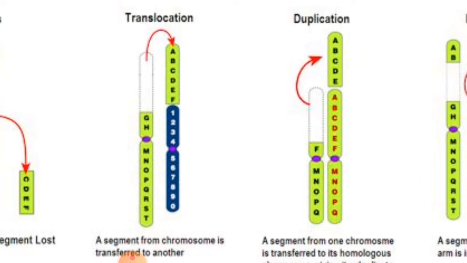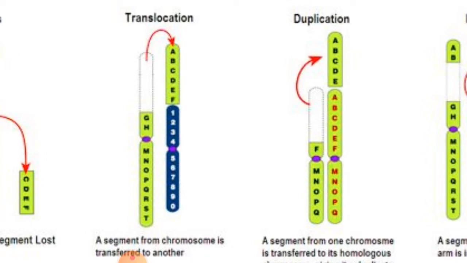Right? So both the affected chromosomes get modified here, right? The donor suffers deletion and becomes shorter than normal. The recipient has an extra set of genes and becomes longer than normal chromosome. So translocation means that both the chromosomes are affected. In one there is deletion of the segment and in the other there is addition of a segment.